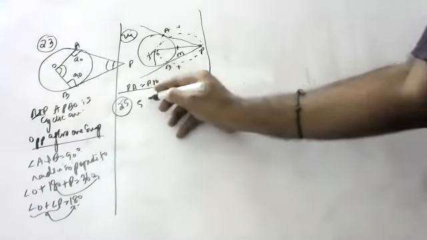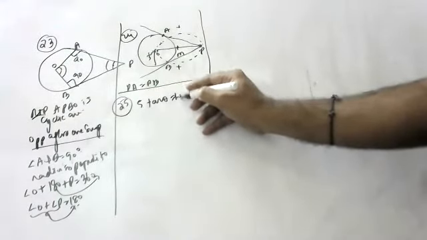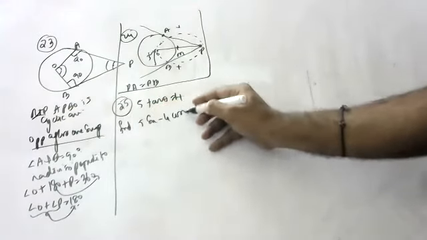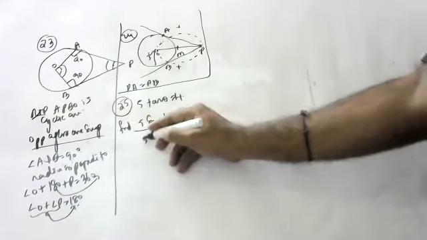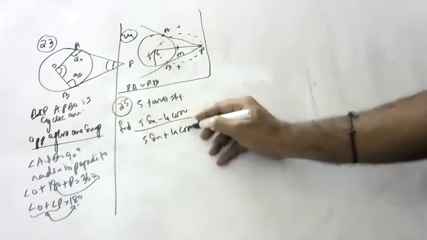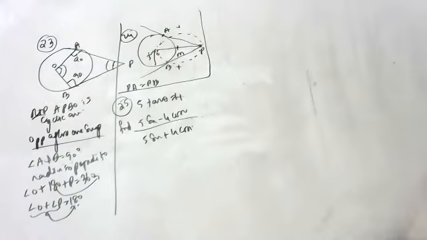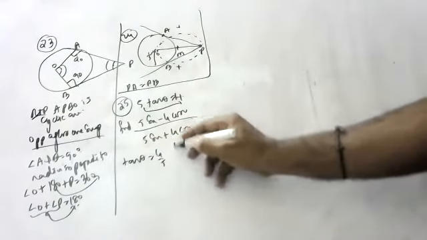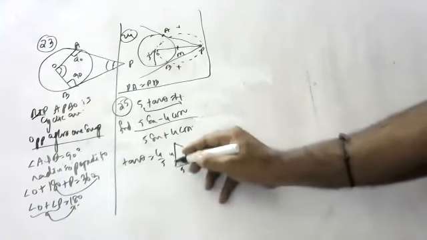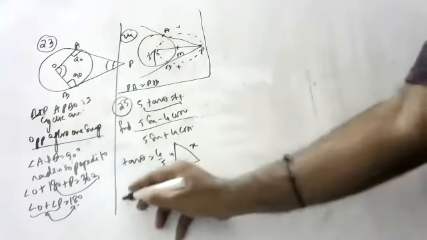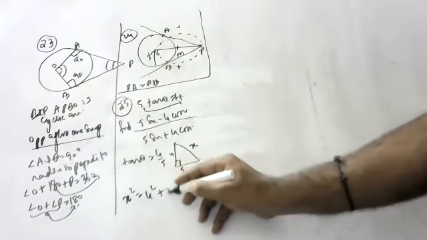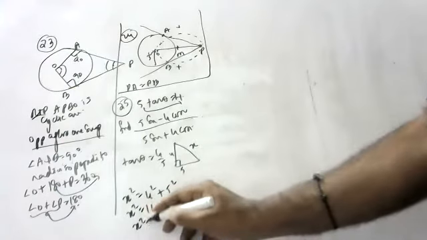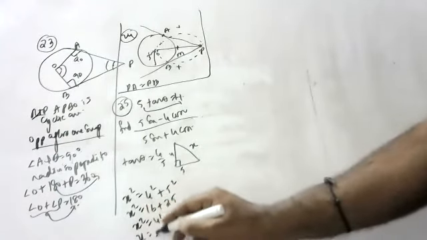Children, they said that 5 tan theta is equal to 4. Find (5 sin theta minus 4 cos theta) by (5 sin theta plus 4 cos theta). They have asked you to. Okay, children. So tan theta is equal to 4 by 5, opposite by adjacent. What is Pythagoras theorem, children? X square is equal to 4 square plus 5 square. X square is equal to 16 plus 25. X square is equal to 41. X is equal to root of 41.